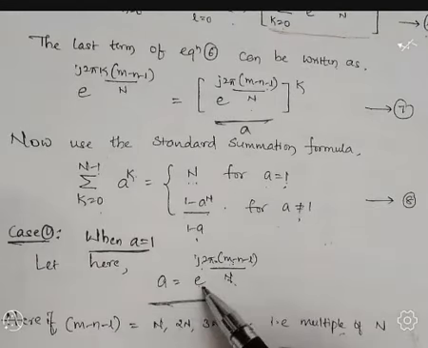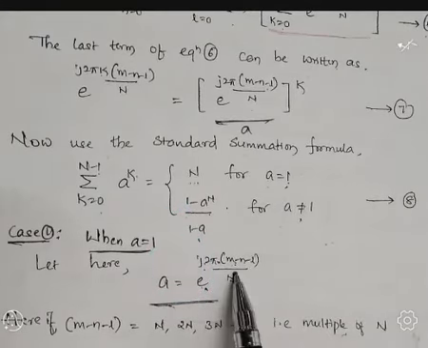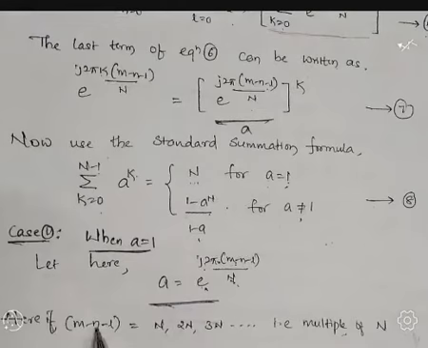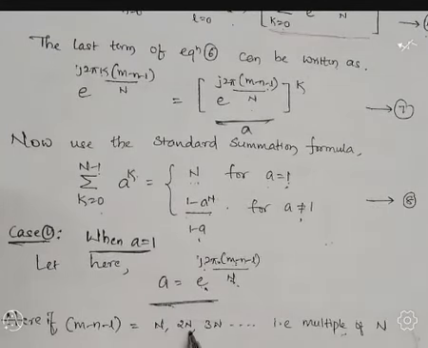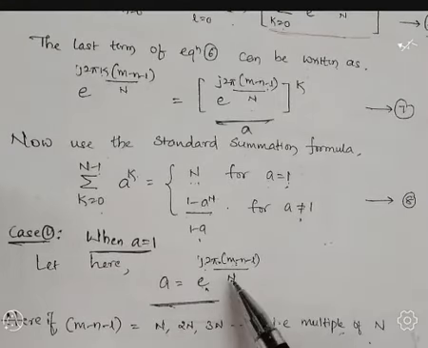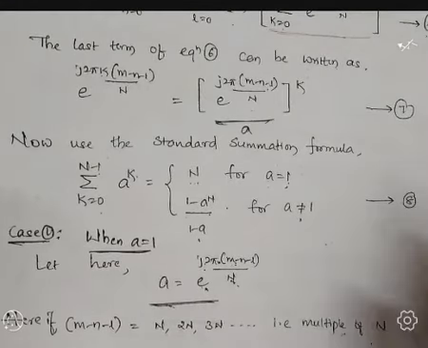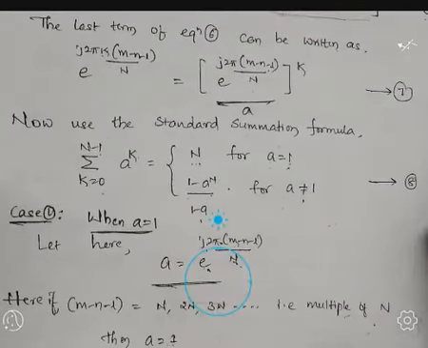So we know that cos of an even multiple of pi always results in 1. So any value you can take. If you substitute m minus n minus l equal to a multiple of n, it may be n, 2n, 3n, 4n, 5n, anything, what we are getting is a equal to 1. Okay. So with this assumption, we can write here.